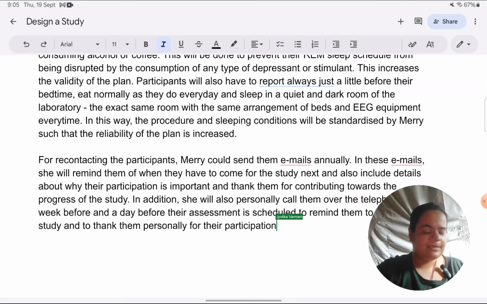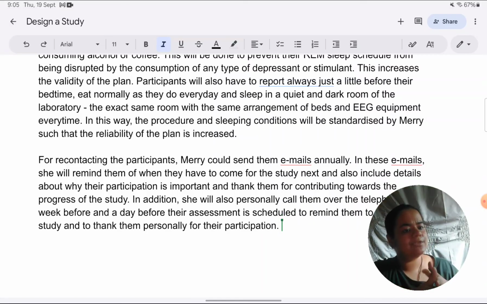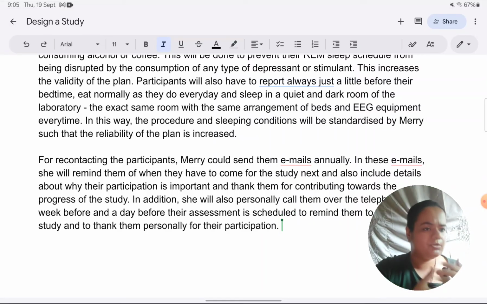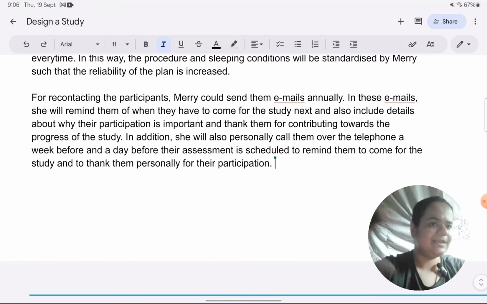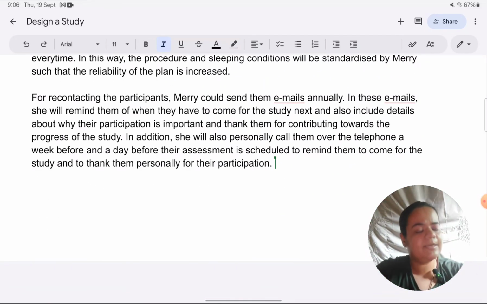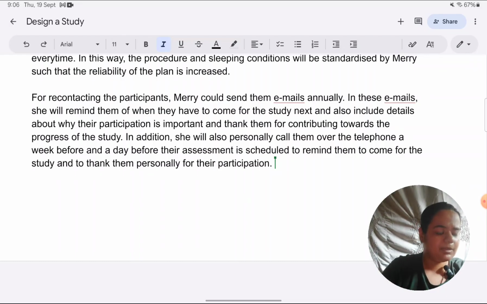So the email she's sending them every year, but in addition to that, just before the study is about to happen, like that's just 1 week before, she'll also personally call them, of course, because that helps her to confirm their attendance and also to personally have contact with them and keep expressing gratitude and reminding them of their commitment and their importance. As I've mentioned before, I just want to remind there are many ways of going about the same thing. You might have different ideas. You might feel that it's better to contact them over their social media profiles or just call them, no need to email them. Whatever it is, does not have to be exactly what I've written. You don't have to memorize this answer and write. I'm just showing you how you can think about the answer.